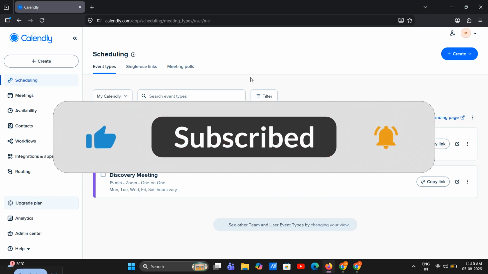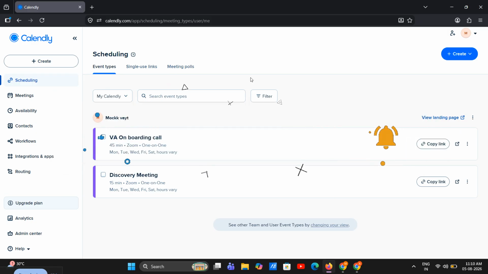Group scheduling on Calendly helps you stay organized and makes it easy for people to book without back and forth